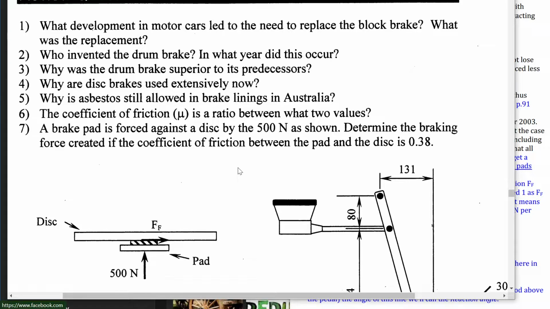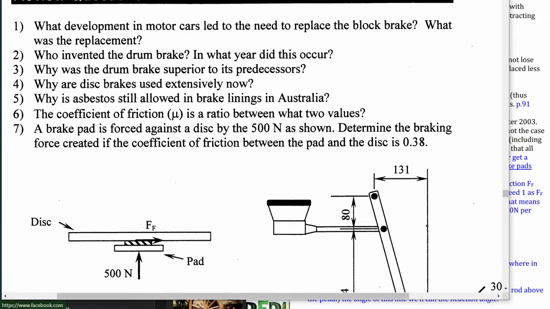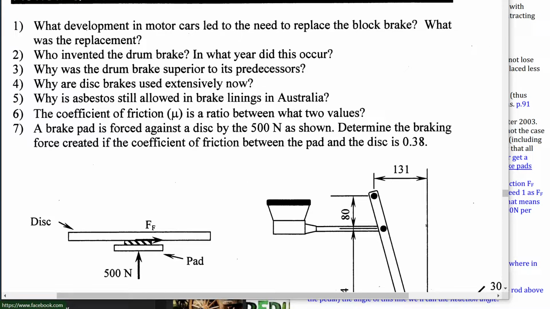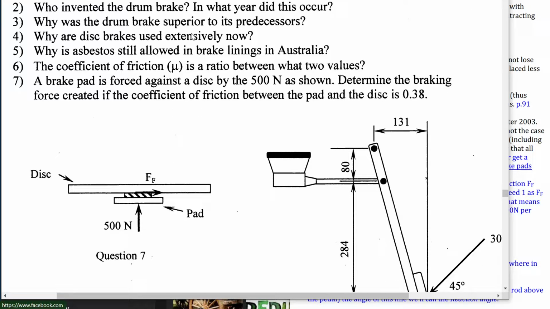I try to avoid, so my mum is a teacher, and she always talks about when writing exams, we should avoid things that rely on just recall of facts. That's not really what we're here to teach. We're here to teach understanding of concepts, or to assess understanding of concepts. And in the case of something like who invented the drum brake, that is a fact that has no real universal application. If there was an alien species that also invented the drum brake, all we care about is how effective they are. We don't really care about the